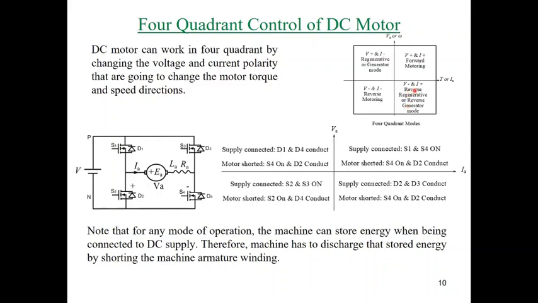So this is considered regenerative or generator mode for the third quadrant. So we have 4 quadrants: motor and its generator or regenerative mode, and reverse motor and its own regenerative mode. So these are the 4 quadrants of any electrical machine. For DC machine specifically, we have a relation between